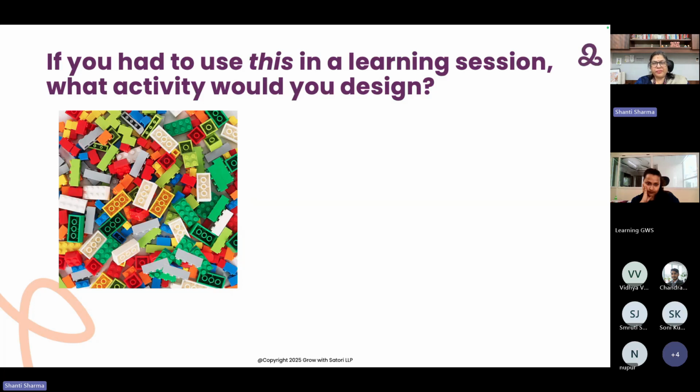Go ahead, Urmila. Actually, Shanti, I have used this in a classroom, but I don't know how it will be relevant in how everyone else will look at it. So, to give a brief context, my students were blaming the university, blaming the college, blaming the curriculum and everything else. And they were saying because of that, they were not able to do things well.